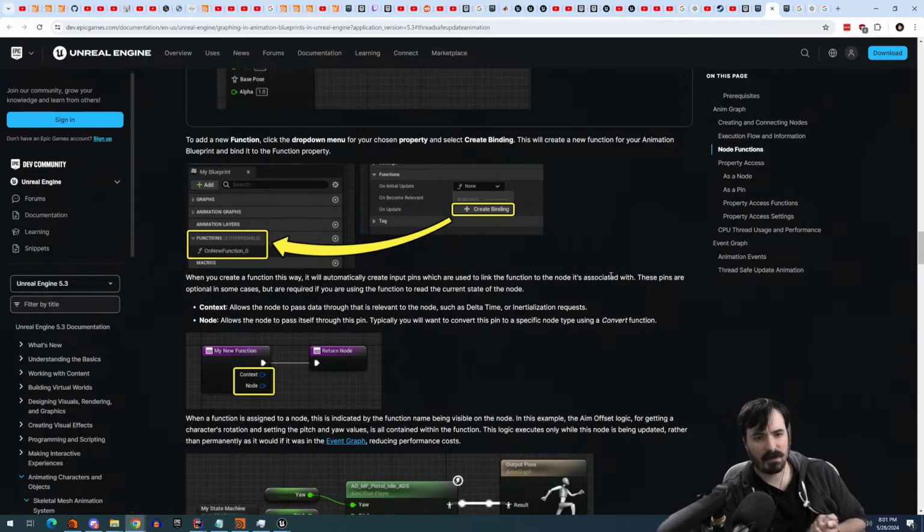To add a new function, click the drop-down menu for your chosen property. Select Create Binding. This will create a new function for your animation blueprint and bind it to the function's property. Interesting. When you create a function this way, it will automatically create input pins, which are used to link the function to the node. I think at the end of the day, what I'm going to have to do, because it looks like it's not suggested to do it this way,